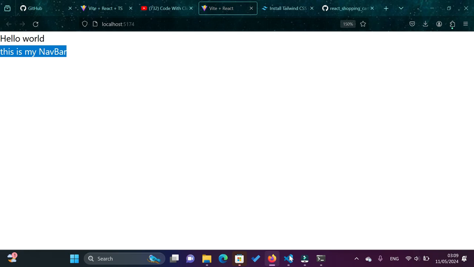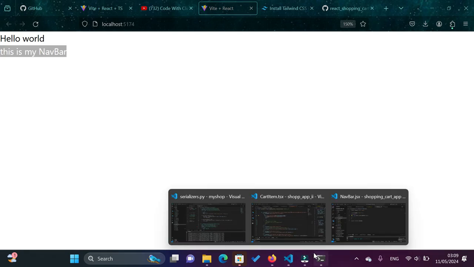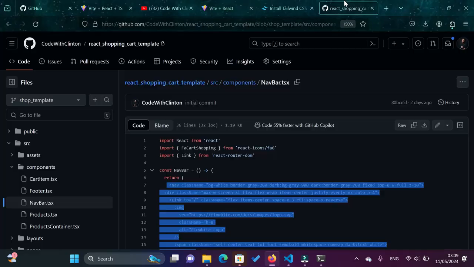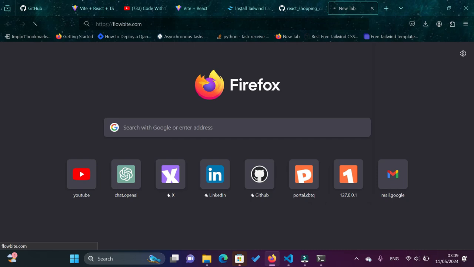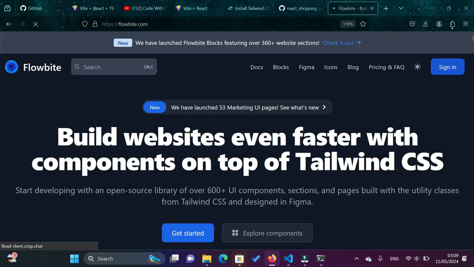So right now I'm going to simply copy a real navbar into the navbar component. I think I have the code on GitHub. So I'm going to simply copy the navbar code. This is a simple navbar that has some Tailwind classes. I got it from Flowbite. Flowbite is like Bootstrap, but this time Flowbite is built on Tailwind CSS. So you go down to